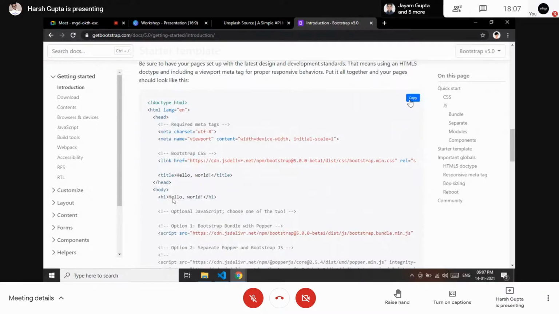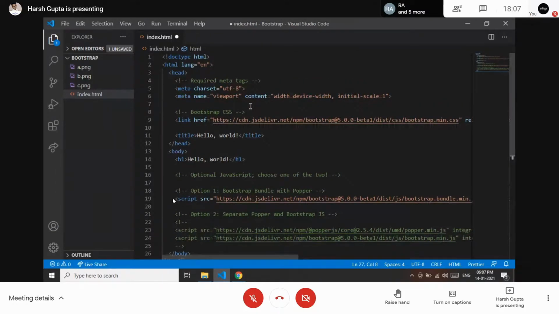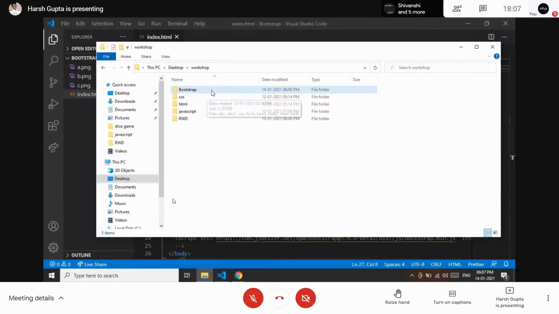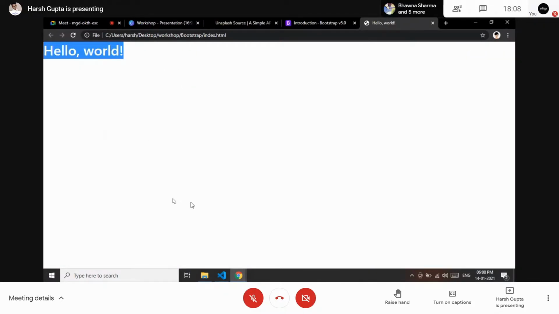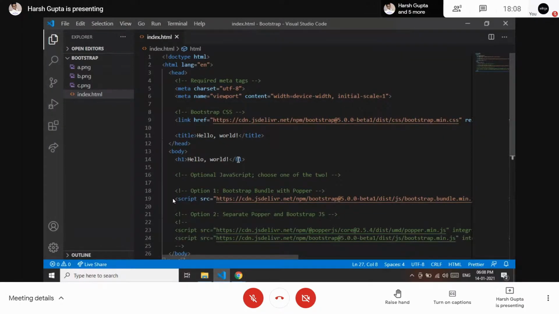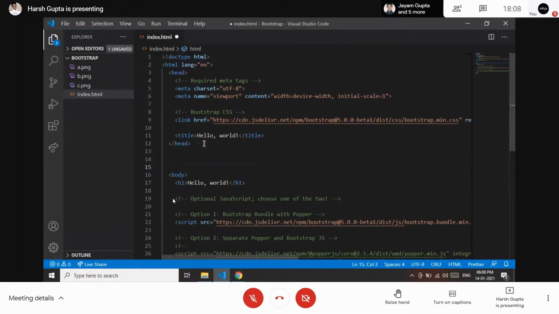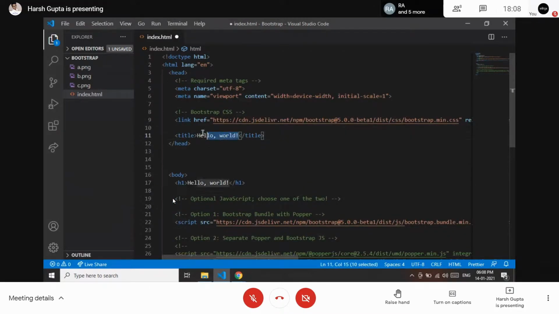Just copy this link, and I'm going to my code editor and pasting it. Just save this, and in this Bootstrap folder, I have the index.html which I recently created. I'm just opening it. Right now I have this hello world, which I haven't written, but it comes along with Bootstrap itself. Let me make some spaces so that we can see clearly where our body starts. And on the title, we are going to write Bootstrap, because today we are learning Bootstrap. So Bootstrap and let's say a blogging.